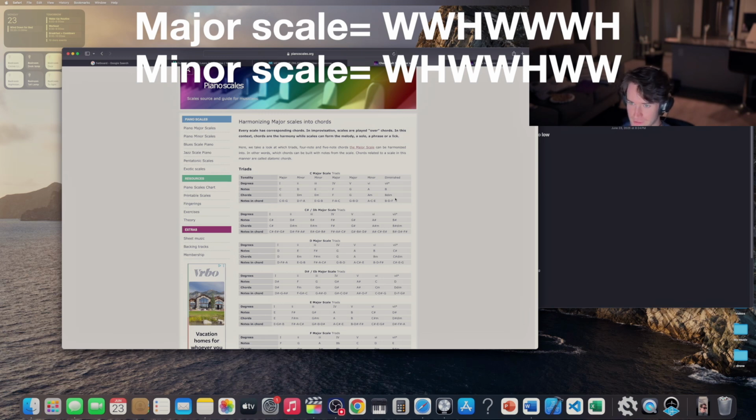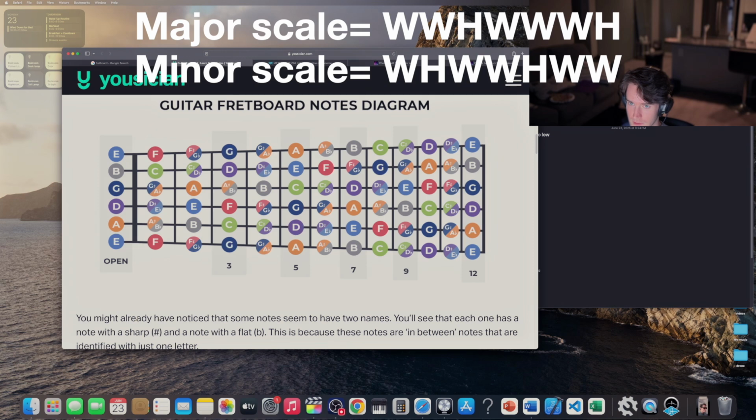Just say W and H for whole and half. If you can memorize those formulas, keep them in your head, then as you are practicing, even if you're playing other people's stuff, like you're just practicing a chord progression that you know, or a solo or a rhythm thing, whatever it is, if you just kind of actively pay attention to what the notes are that you're playing, like what are the songs that